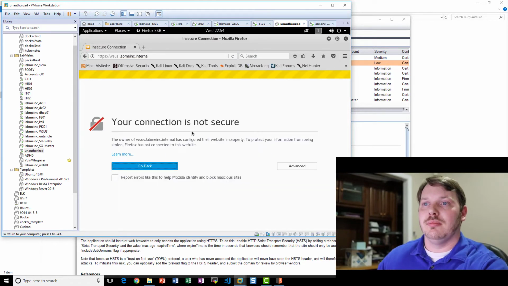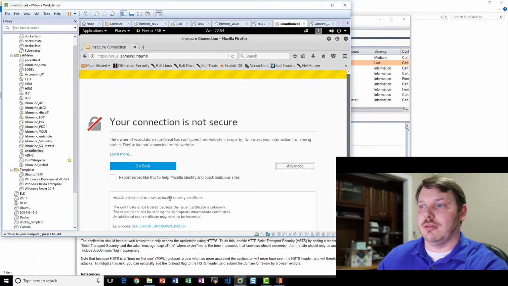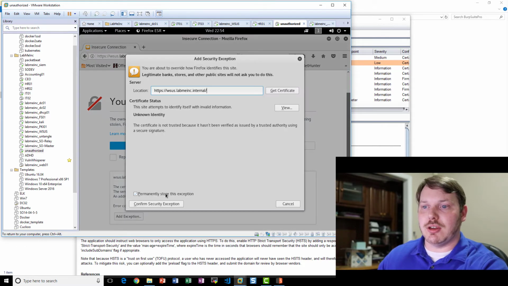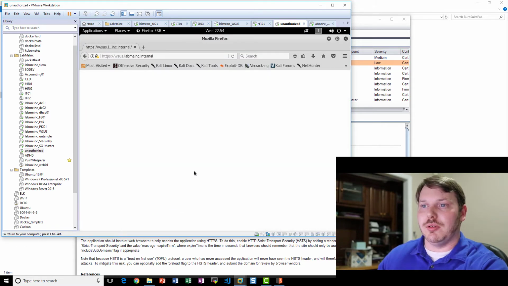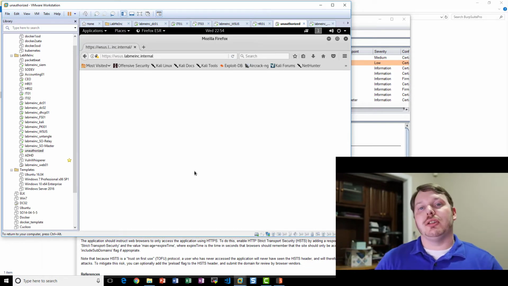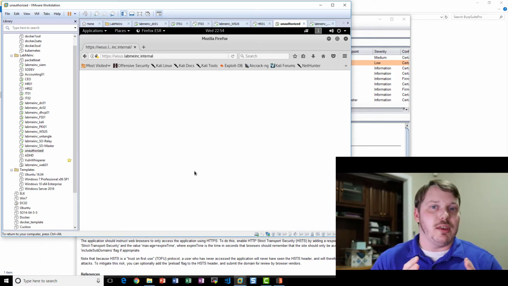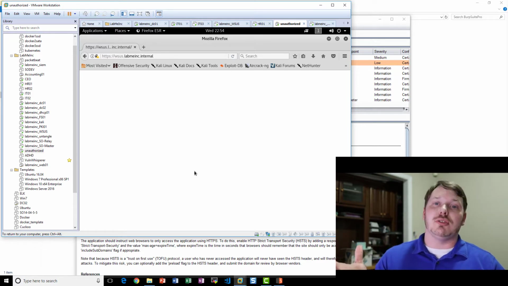wasus.labmeinc.internal. Doesn't trust the internal certification. That's fine. Go through, and page doesn't load. Page doesn't load because the site requires a certificate, and this box doesn't even have a client certificate, period, so